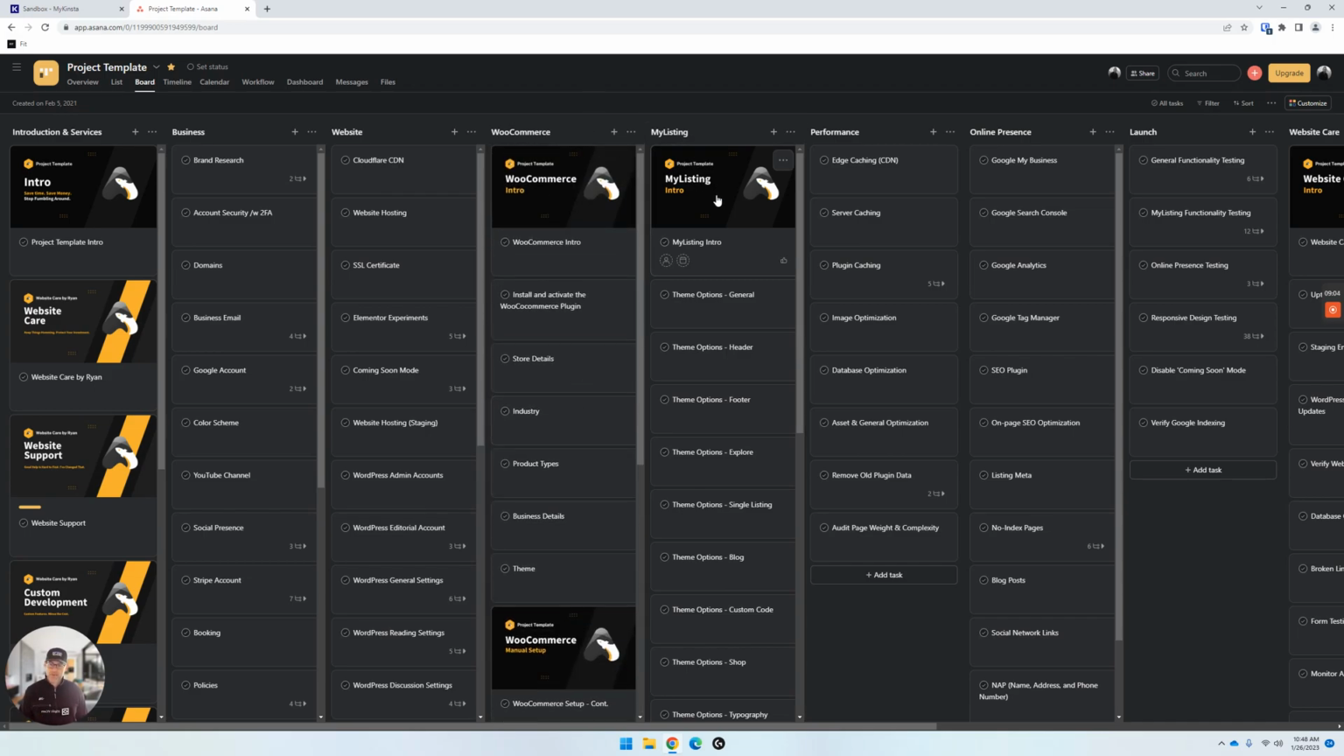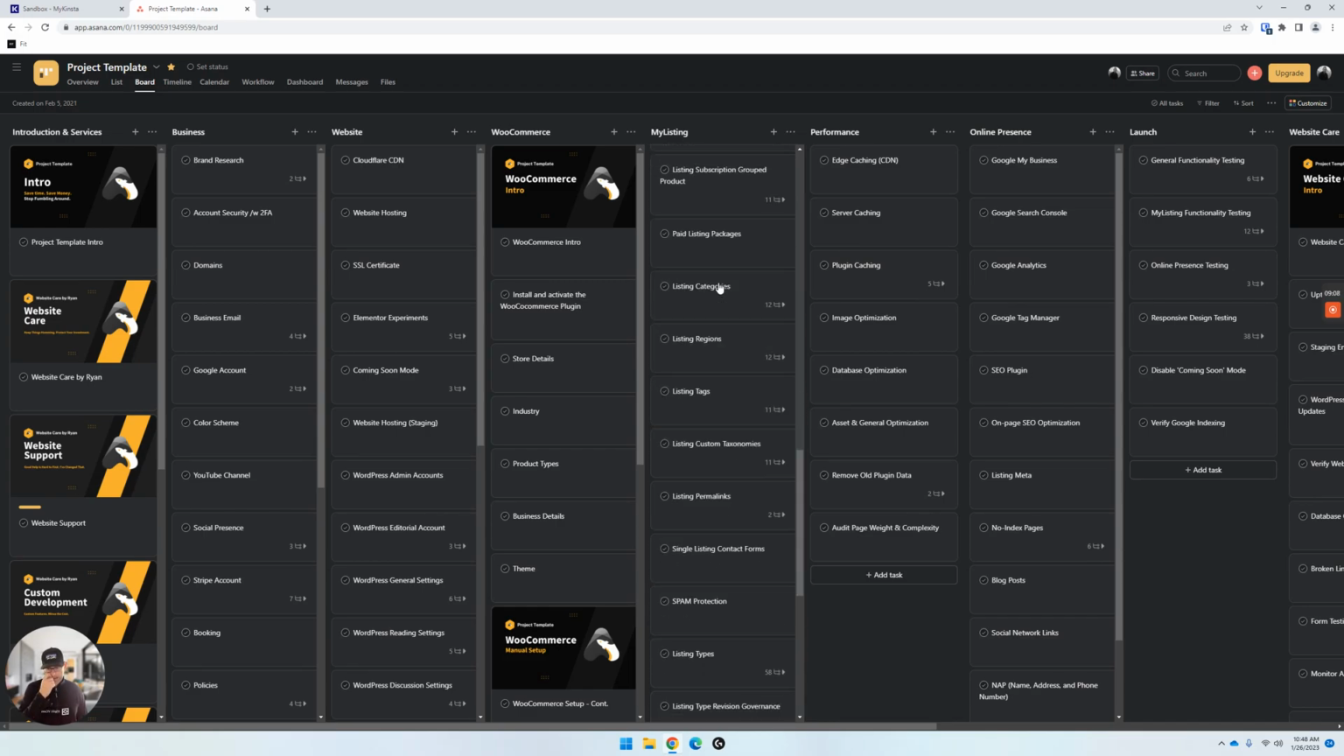And then, of course, MyListing. This is a huge column. There's tons and tons of stuff in here. You see, I just keep scrolling and scrolling. Now, I'm going to dive into one of these so I can show you subtasks. You see here on the card where it says 58? That is an icon for 58 subtasks. So if I click into this,